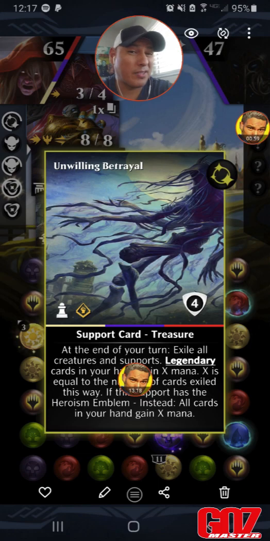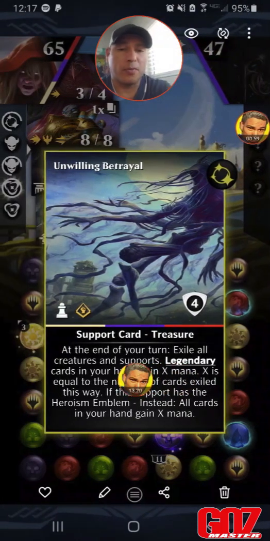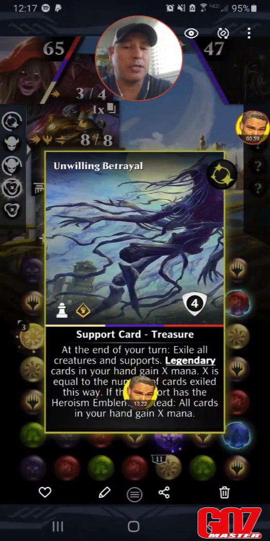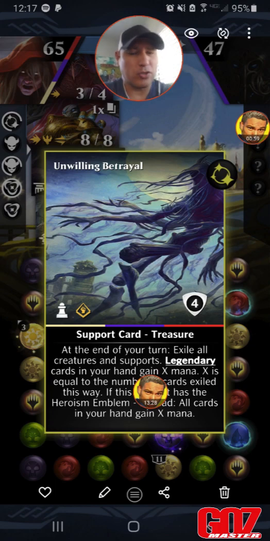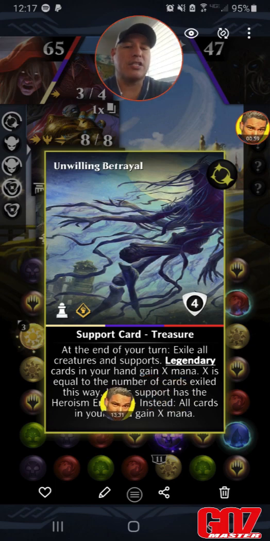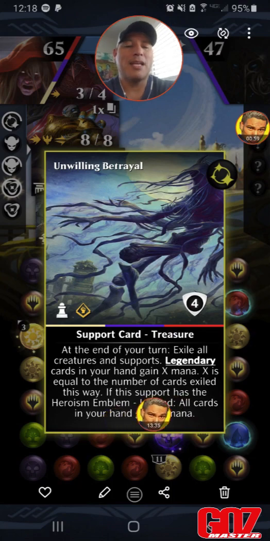Okay, so there's a couple parts to this. Unwilling Betrayal. First and foremost, at the end of your turn, exile all creatures and supports. So these are all on your side, so I'm assuming they go into your exile. We'll confirm when we play, but they should be in your exile. Legendary cards in your hand gain X mana. X is equal to the number of cards exiled this way. It's a 1-for-1,